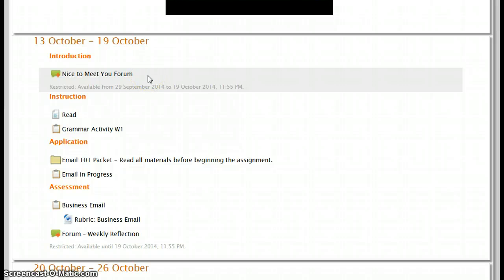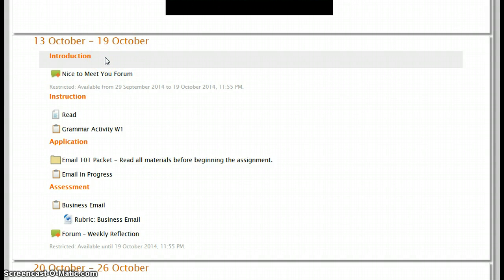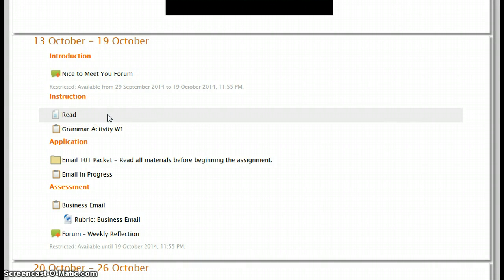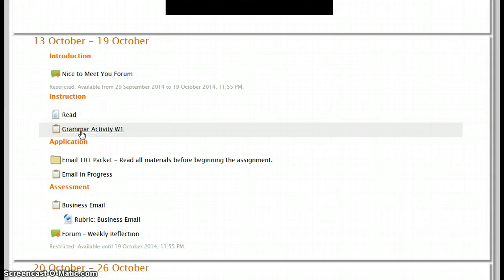You don't see it here because I'm recording it right now, but it will appear when you go back into Moodle. This week you need to read several chapters. We have lots of reading in this class, so make sure that you space your reading out appropriately. Our reading this week will introduce us or help us brush up on pre-writing skills, effective paragraphs, and editing sentences. Part of your introduction is the grammar activity. So when you go through chapter 10 with editing sentences, you'll actually have some exercises that you need to do